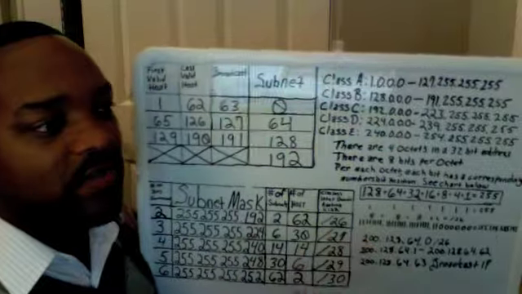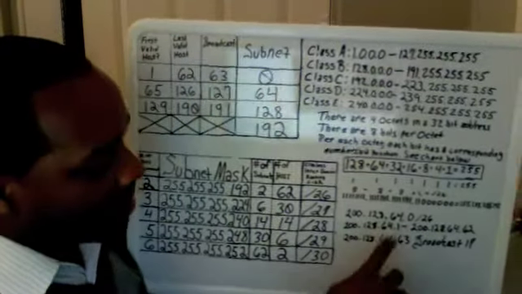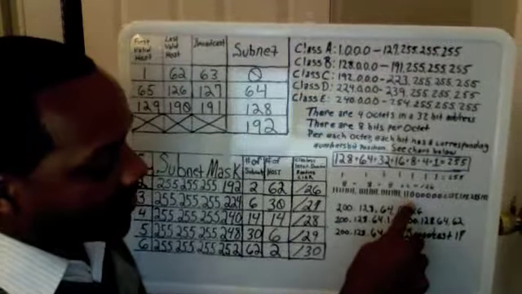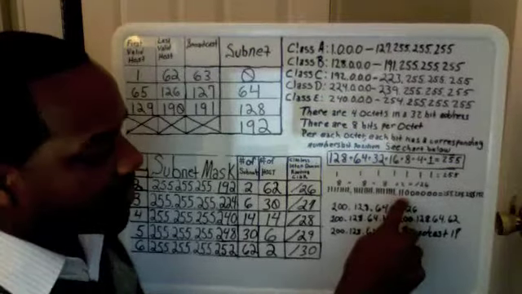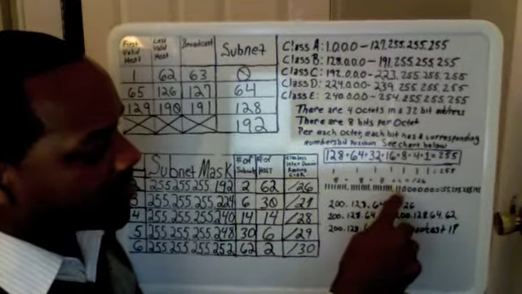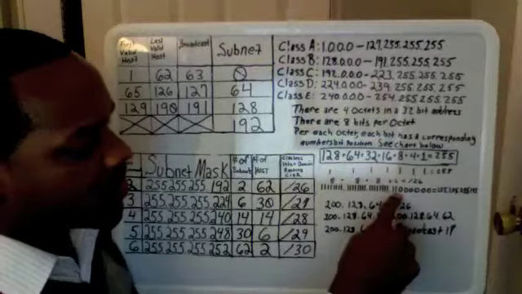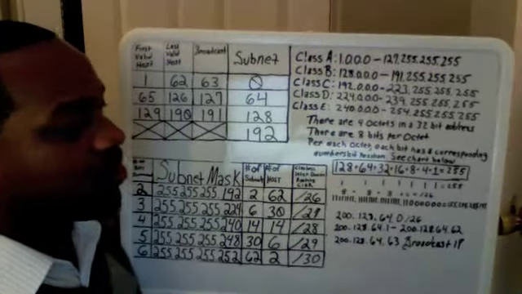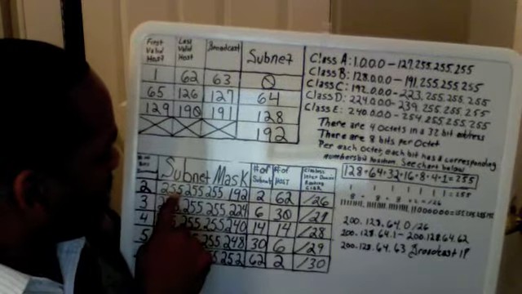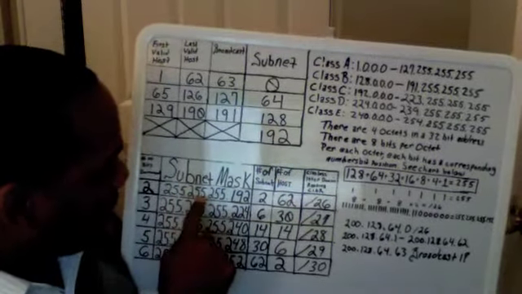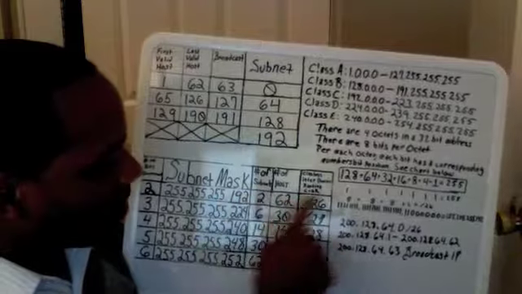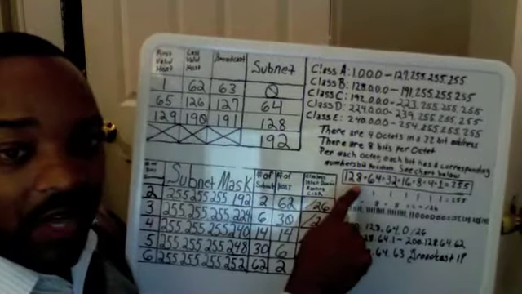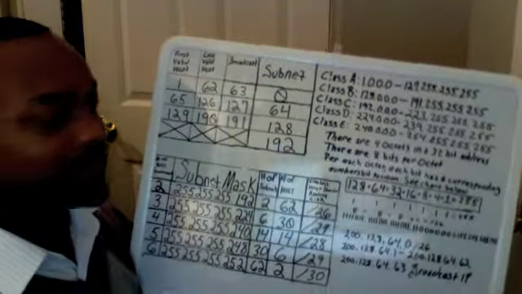Now, a /25 network mask, so we have /26 here. /25 would be if this one right here was a 0. So that would mean we have 25 bits turned on. So that would look like 255.255.255.128. So